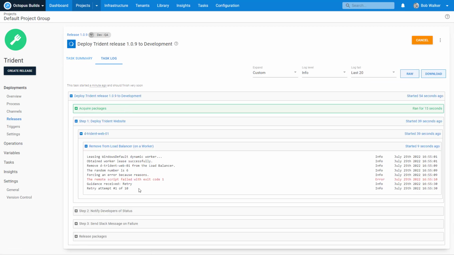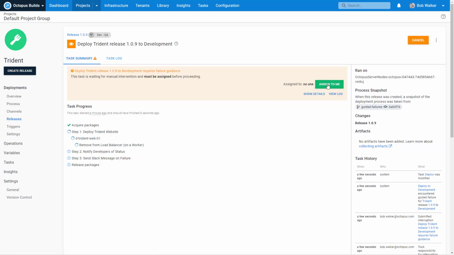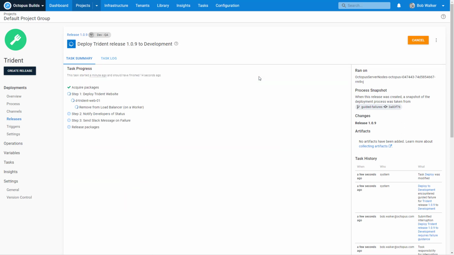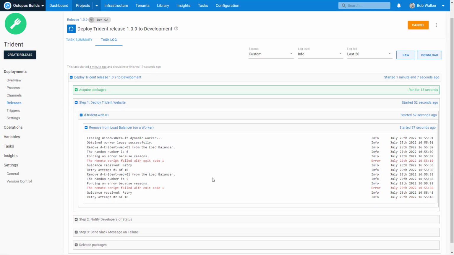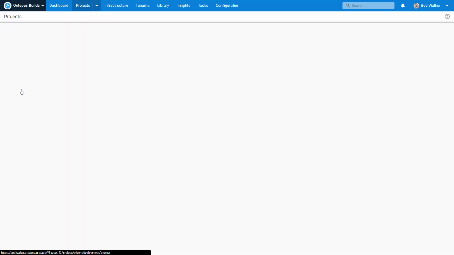Retry attempt. I bet it's always going to fail. The random number is 5. This could happen where the tentacle is down and nothing is working, and you just need to constantly retry until that tentacle comes back online. That doesn't happen very often, thankfully. Now naturally it's going to always fail. But that is, in a nutshell, how you can add a bit of randomness into your deployment process